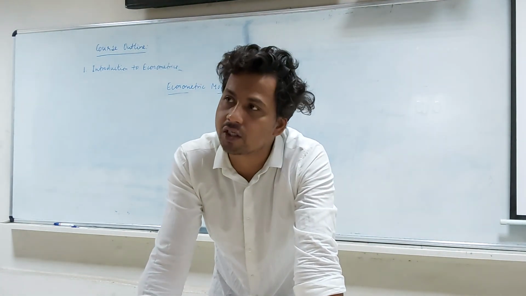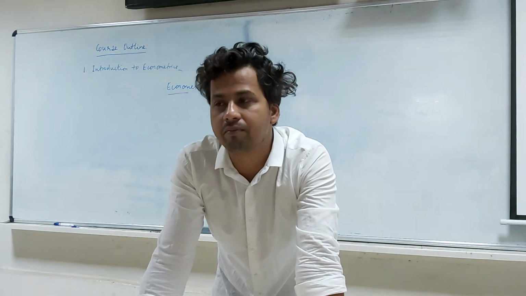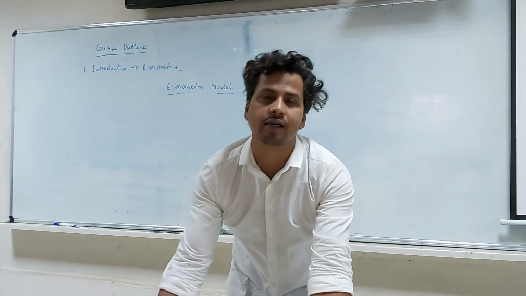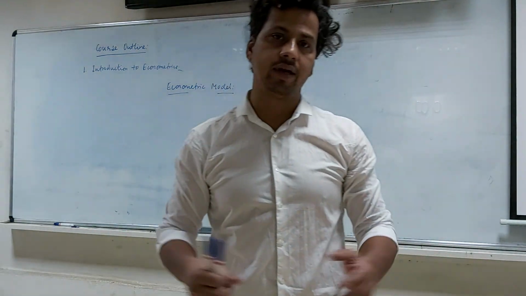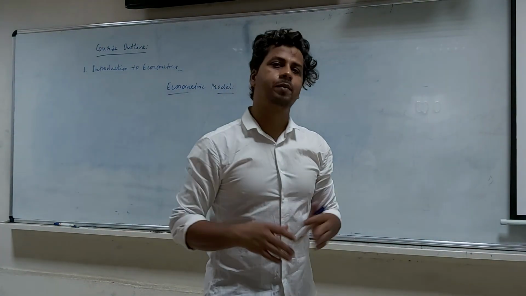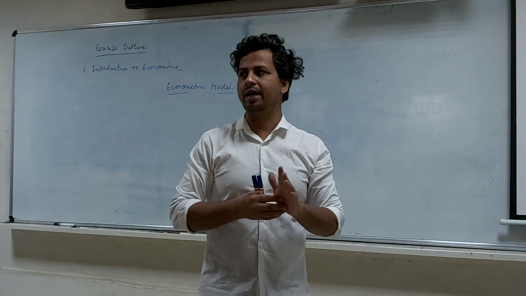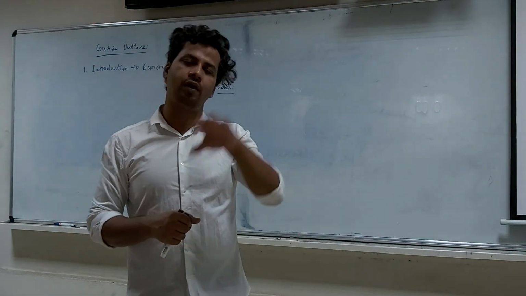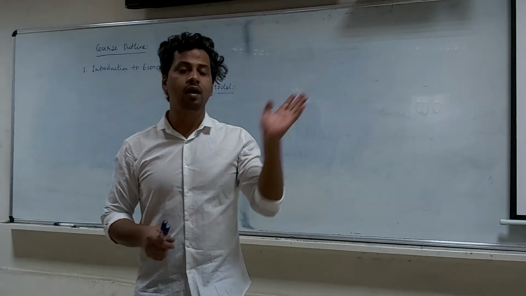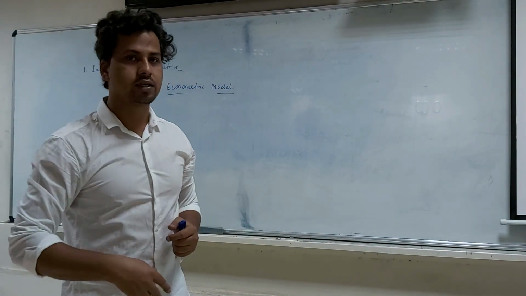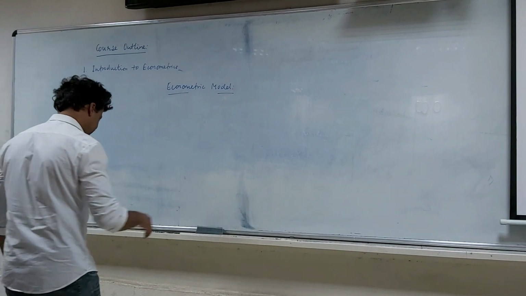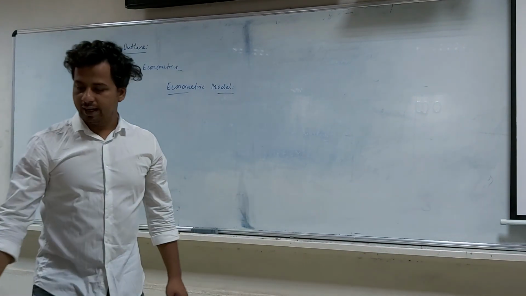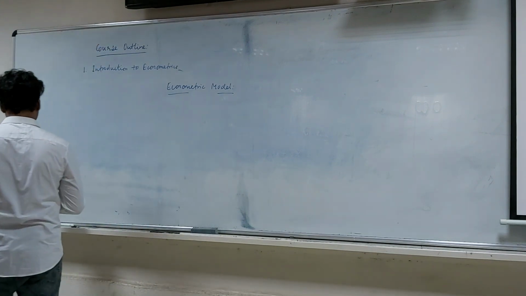The model should be such that a general phenomena can be described by it. It should not be too restrictive in nature. So these are certain aspects of a model that must be in our mind. A model, again, is a simplified representation of a phenomena in a given economy. But what do we exactly understand by an econometric model? So let us understand this. Let me write it here, and then I'll make you understand what we exactly mean by this.